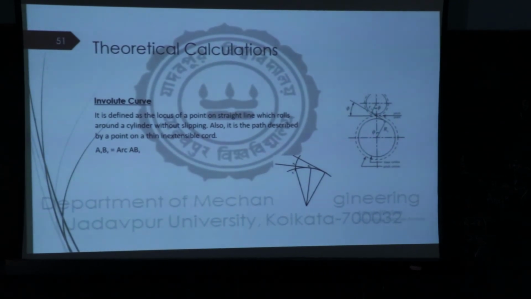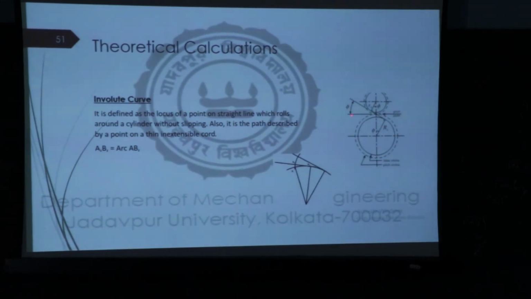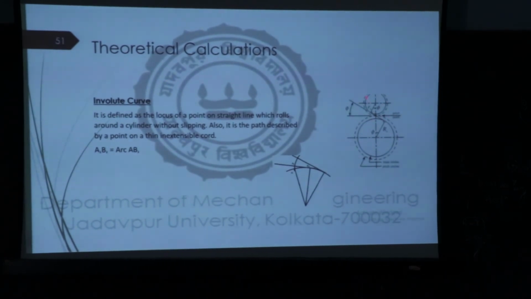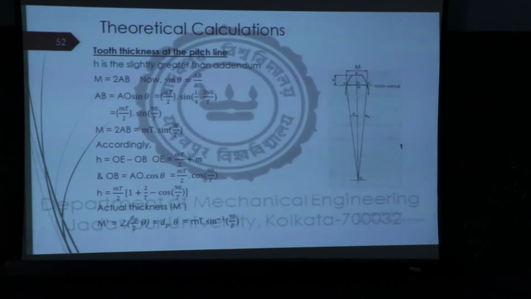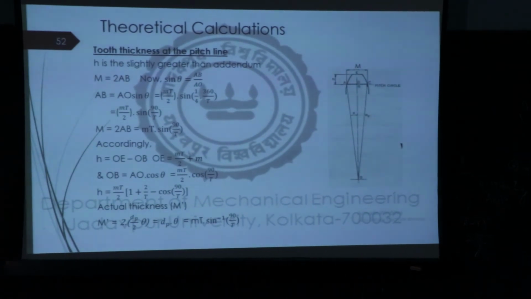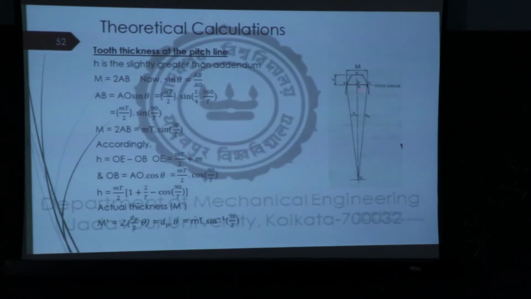As I mentioned already, if the two gears are in action, this is the phi value, or psi in some terms. Phi is nothing but the pressure angle. This line is the tangent to the pitch circle, and the tangent to the base circle is this line. This is again one important piece of information so that you can understand how to use the gear tooth vernier caliper. I mean, at what height you fit your gear tooth vernier caliper, and then you take the thickness at this particular height.